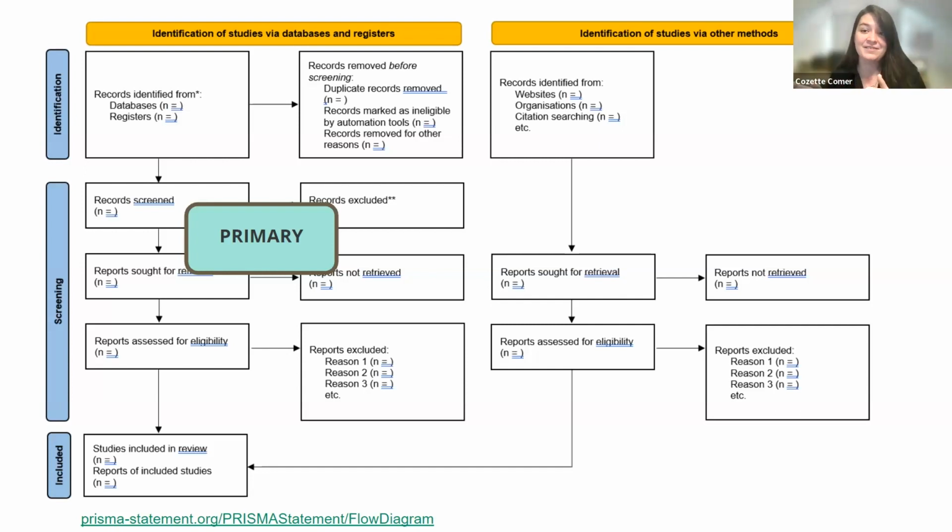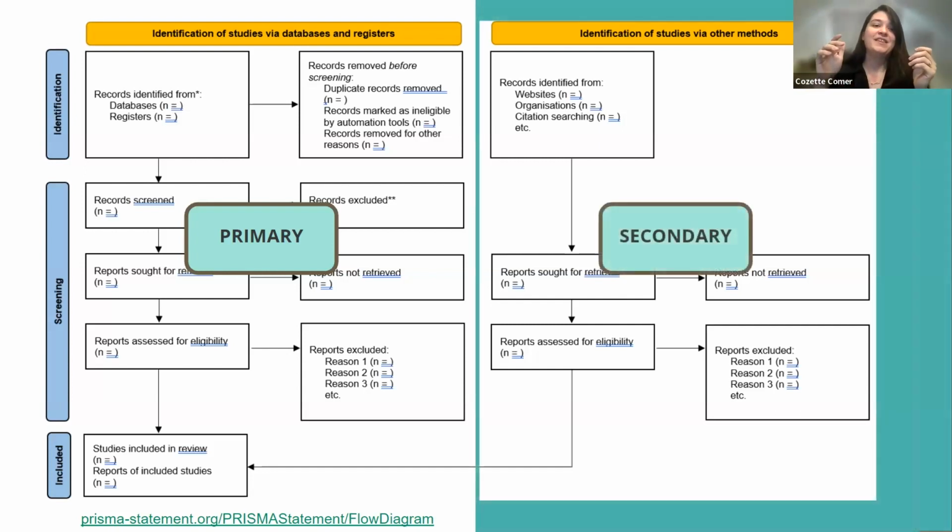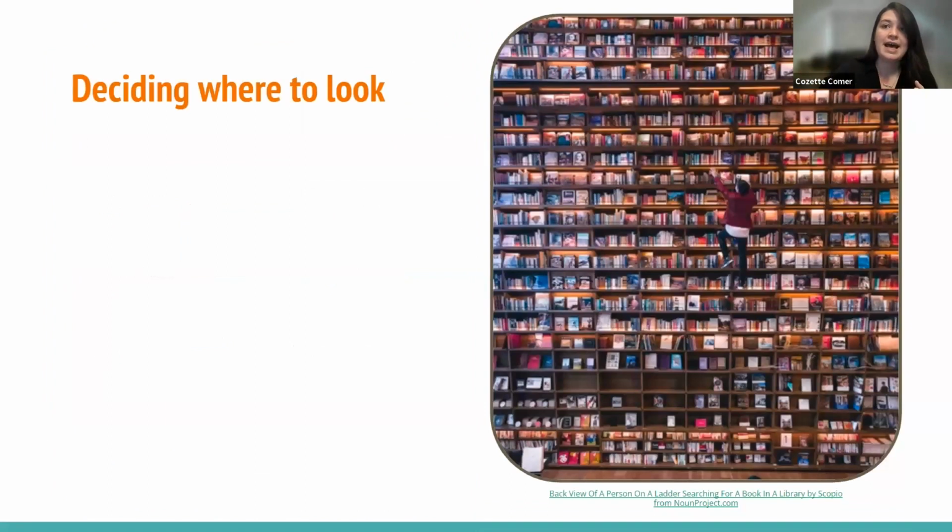On the second side, we're seeing the secondary research strategies. So we can see on that first side, we're really getting stuff from databases. On the second side, we're getting things from websites, organizations, etc. So with those things in mind, there are some characteristics that you'll want to take into consideration as you are